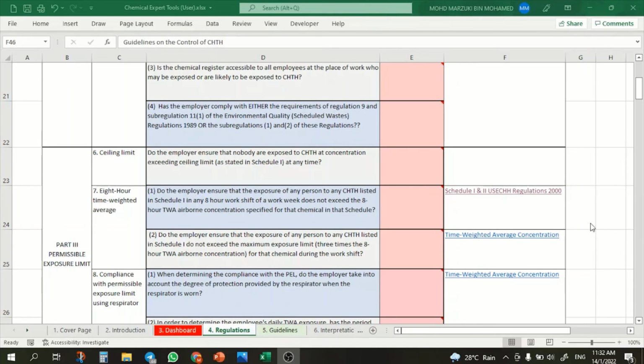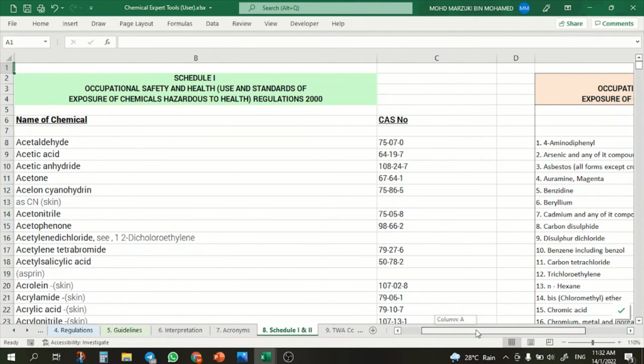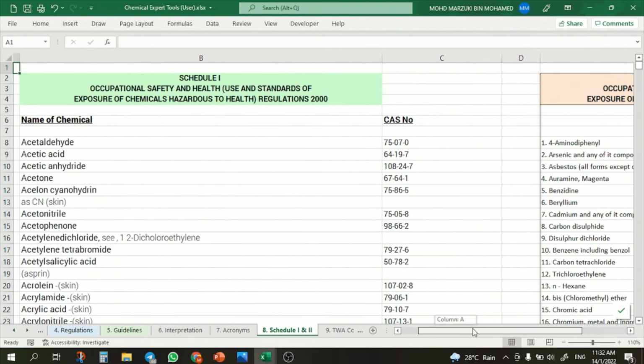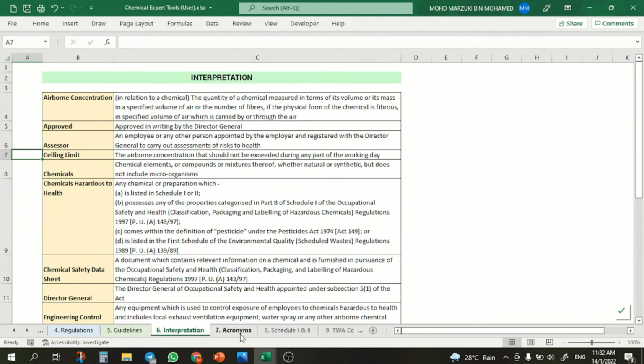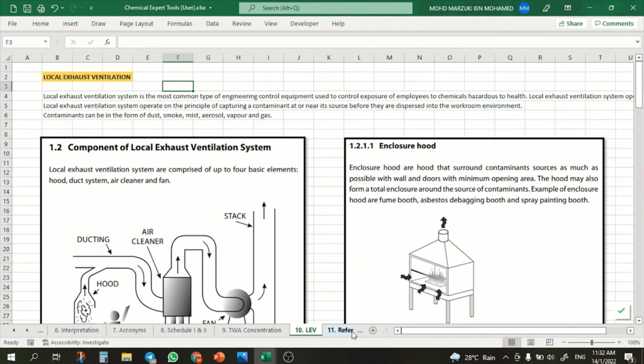For example, if you click this cell, it will be directed to sheet number 8, which is Schedule 1 and Schedule 2 chemicals under USECHH 2000. There are also other supporting documents that have been embedded in this tool, which are interpretation, acronyms that have been used in the tool, time-weighted average, local exhaust ventilation.